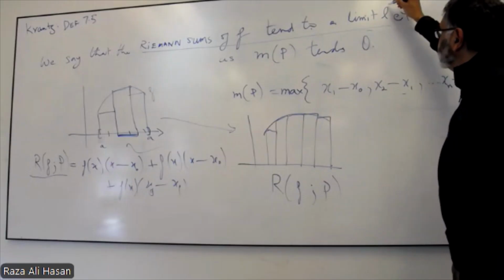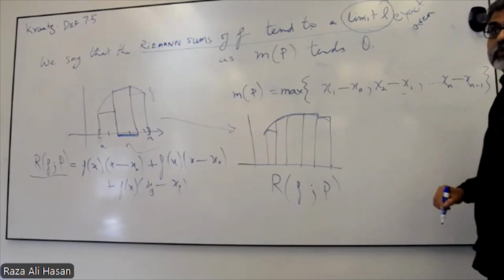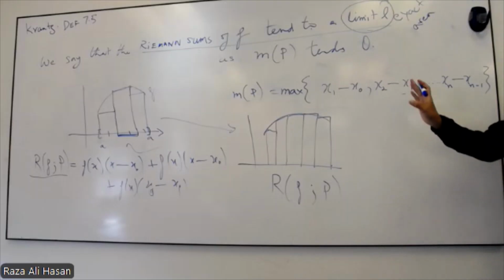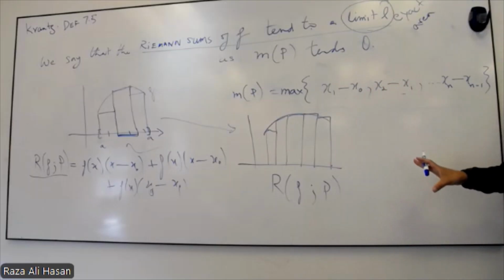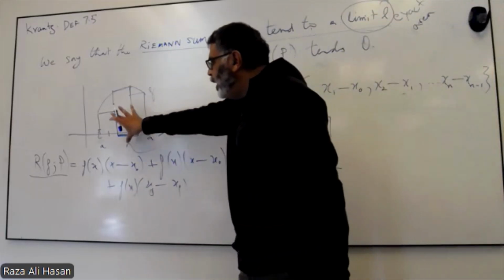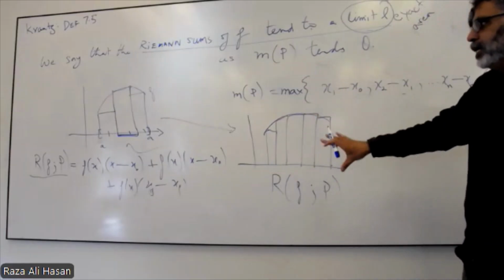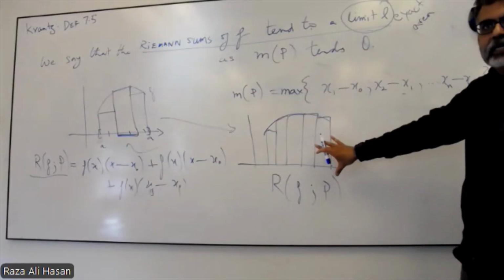This thing here is the exact area. This is an intuitive way of talking about this. As we make the Riemann sums better and better approximations of the area under the region of the curve,